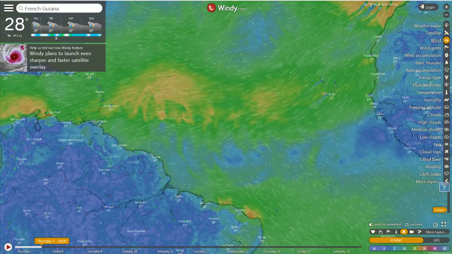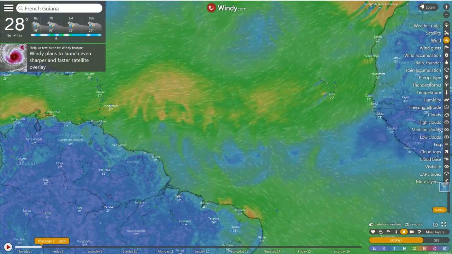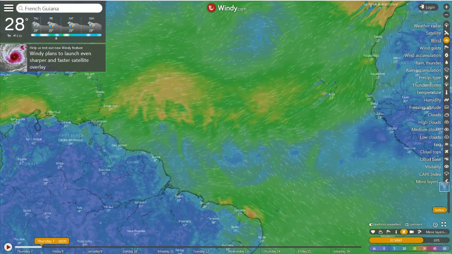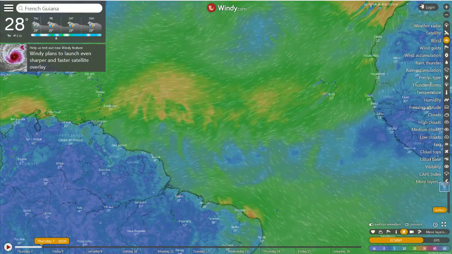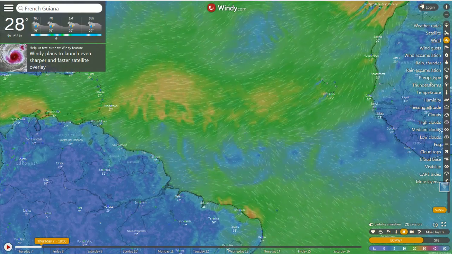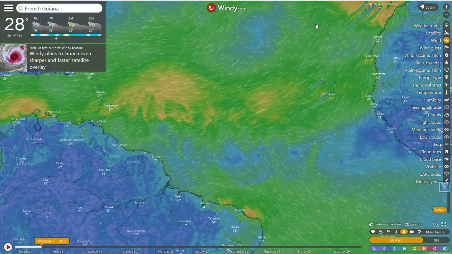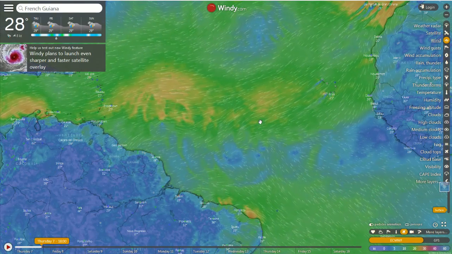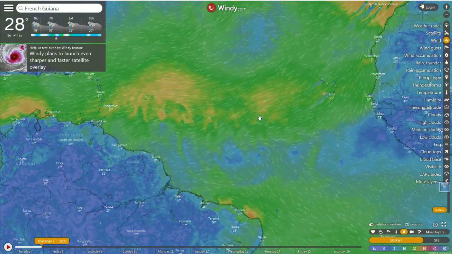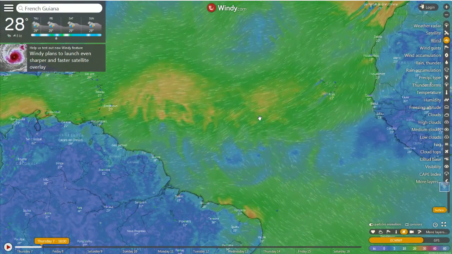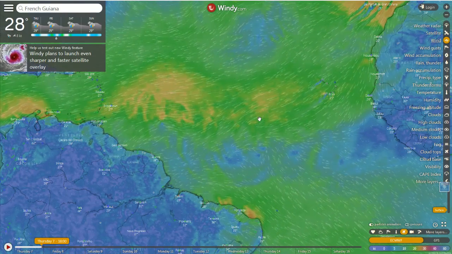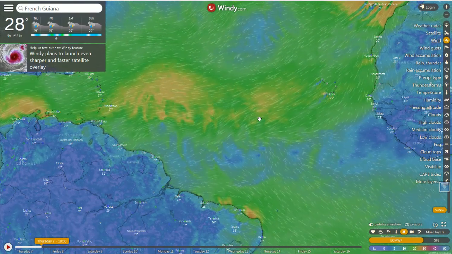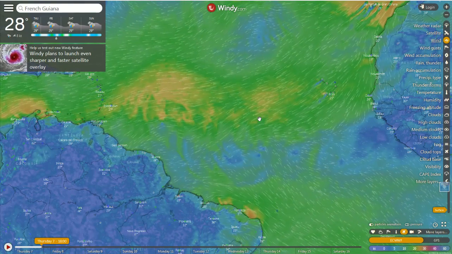And today I am not going to make a flight video. I'm not using my sim, or maybe I will, I don't know. And I will talk about this wonderful website. I use this website for my flight planning and many other things. This is a weather map, but to be honest, this is the best weather map I have ever